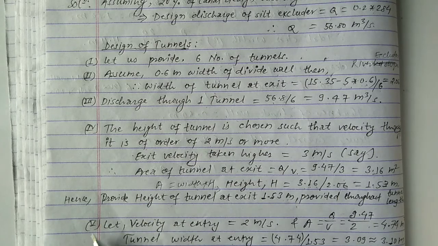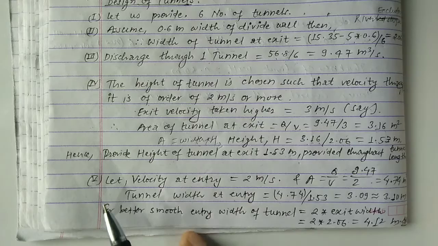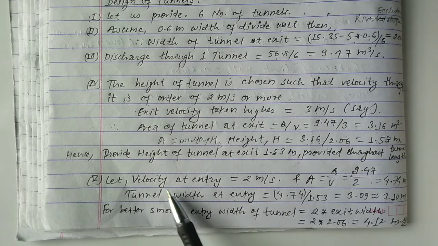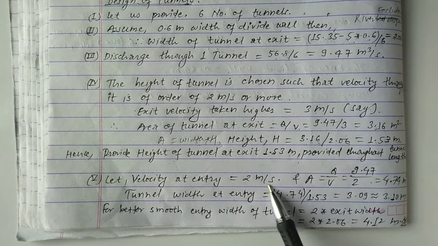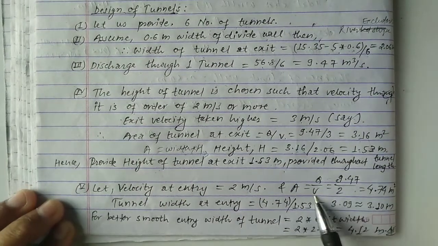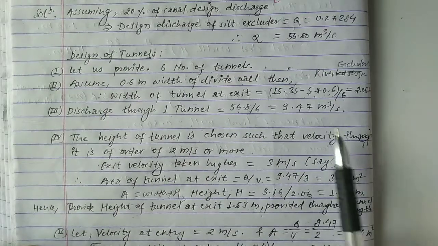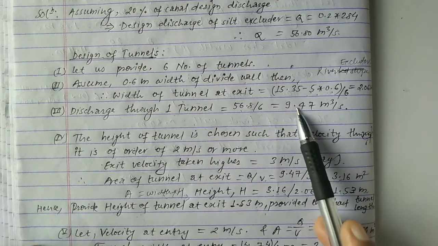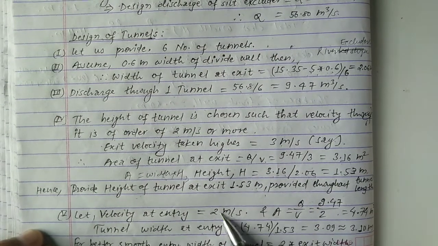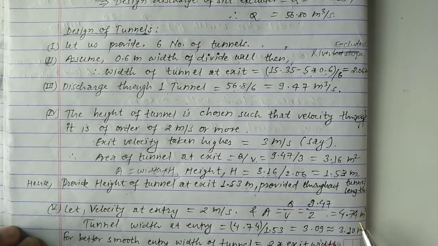Now, in the 5th step, we have to calculate the width of the tunnel at infinity. For this, let us assume velocity at infinity equal to 2 meter per second. Then we can calculate the area equal to Q by V. Q is already calculated, the discharge for a single tunnel is 9.47, divided by velocity 2, then the area becomes 4.74 meter